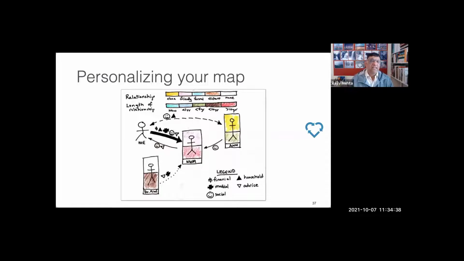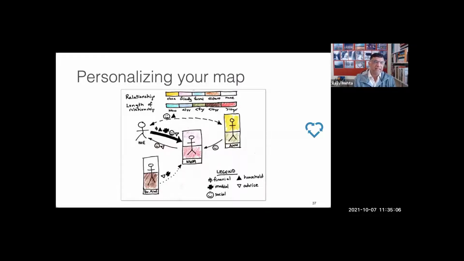This person put window panes around the people and colored in the box at the top and the bottom to indicate other characteristics of the relationship. She used the top box to indicate the quality of her relationship to that person. So she has a really close relationship with her best friend Anne, friendly with her mom, kind of no relationship with